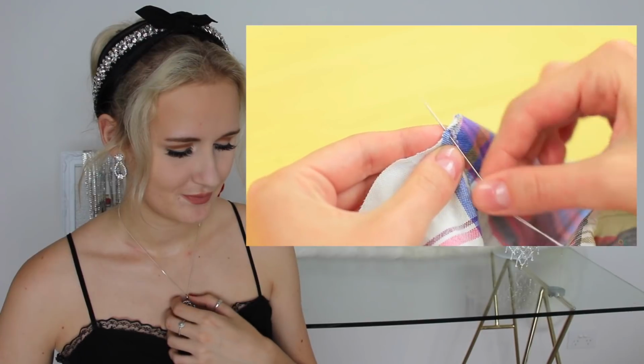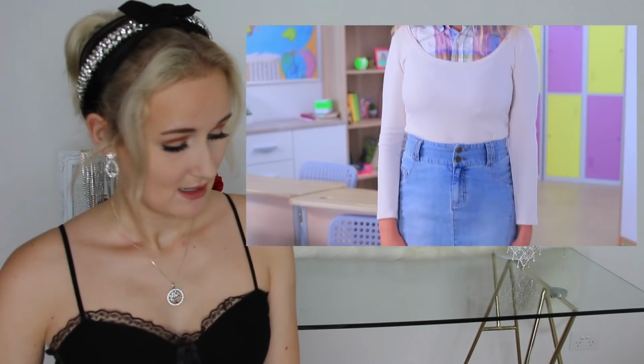Sew the edge of the collar piece. The operation is successful. Megan's neckline and legs are under cover. How is it possible? The shirt starts near her neck